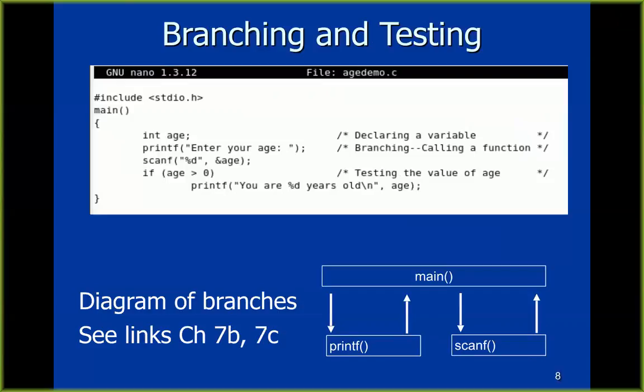Now, the important thing about this is this function call. So I have a routine called main. Then I hit this line here where I call printf. That means it has to stop executing lines in main, remember where it left off, go down and execute this subroutine called printf and print something. And when it's done with that, it has to return back to main, which means it has to resume what happened. This is like you're reading a book and the phone rings. You put down the book, you handle the phone call. Now you come back and try to resume reading the book, remembering where you were.